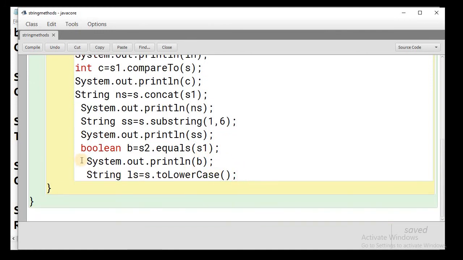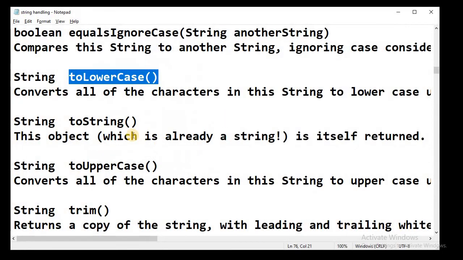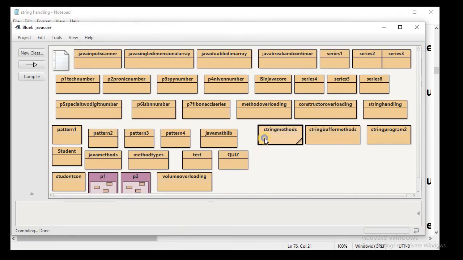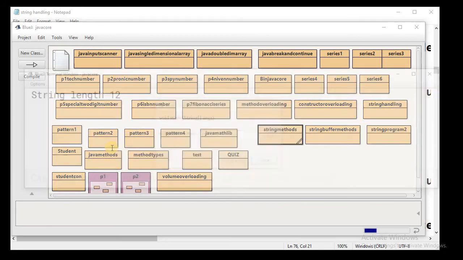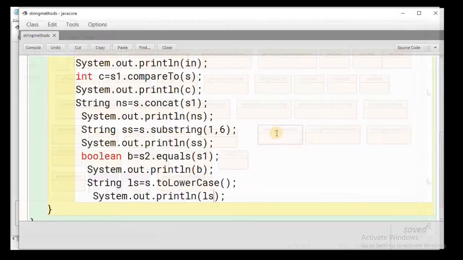Let me print this string ls, compile, close, and you can see that this string ls is completely in lowercase,